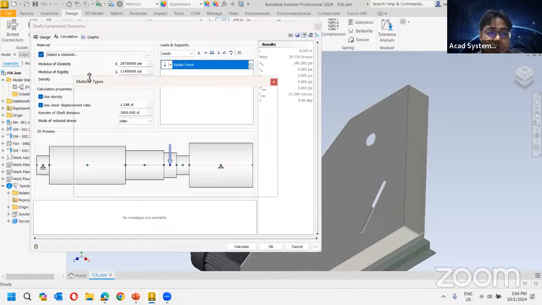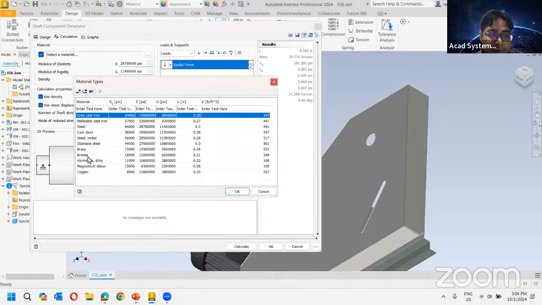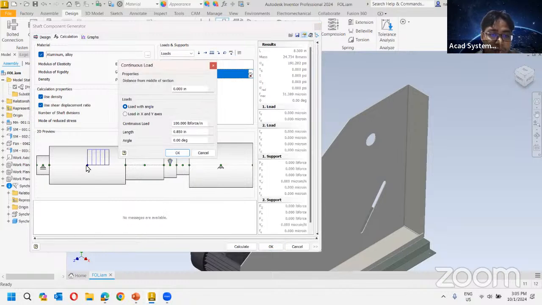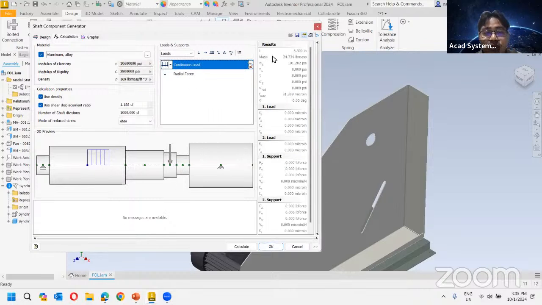Right, so you can add material if you want to. Maybe I add some aluminum alloy, and then this is where you can add your loads and supports. To add that, maybe I pick at this location here. Maybe I want to add a continuous load. It will put this continuous load over here, and then I can put the load here if I want to. So this is the part for the calculation,